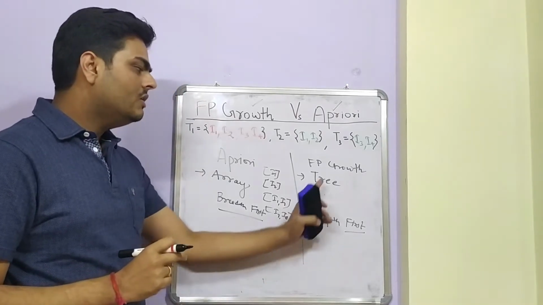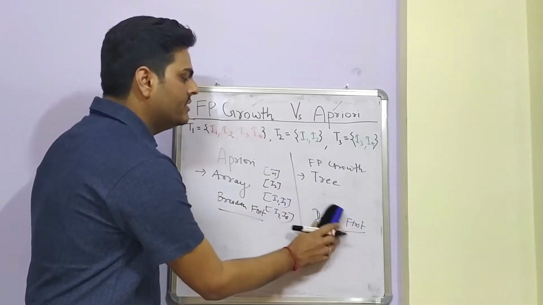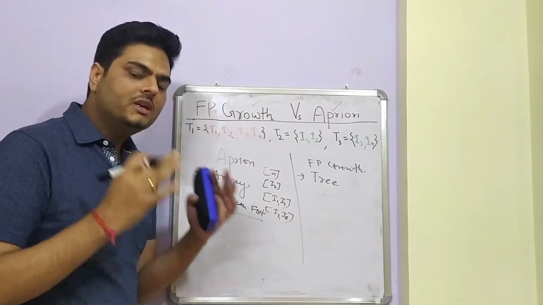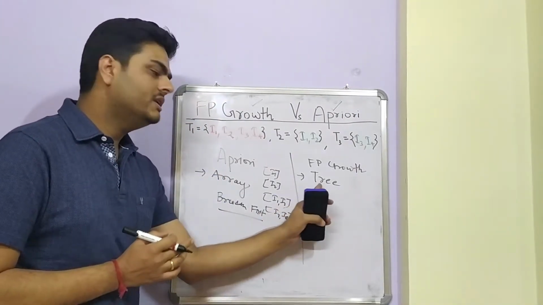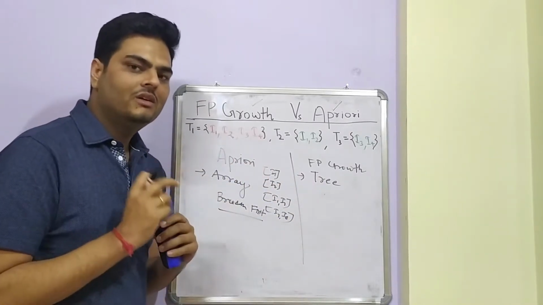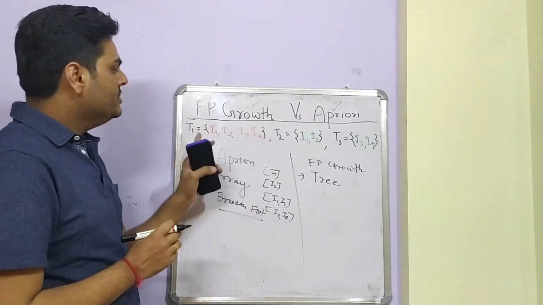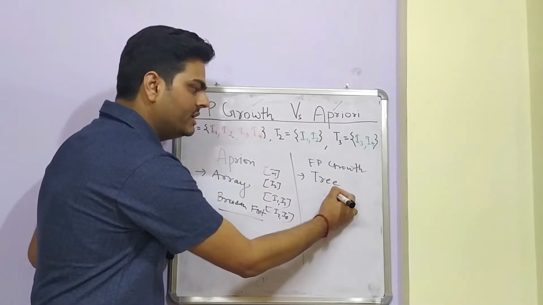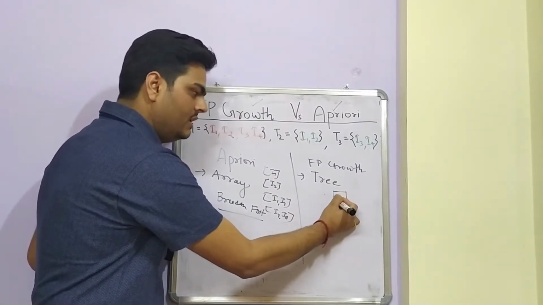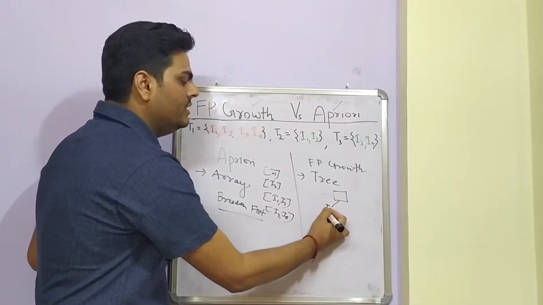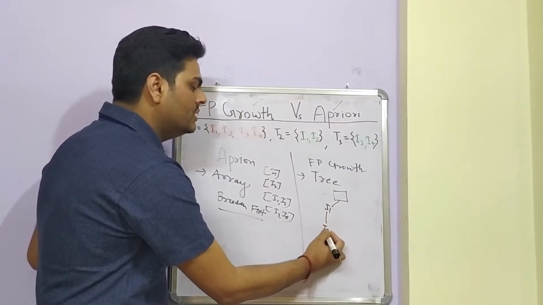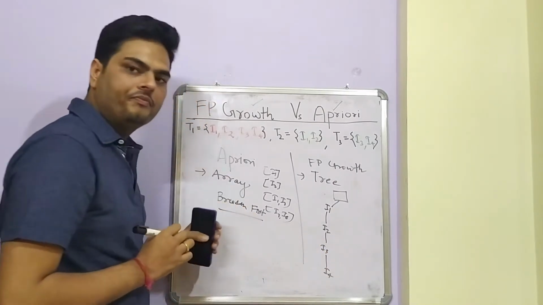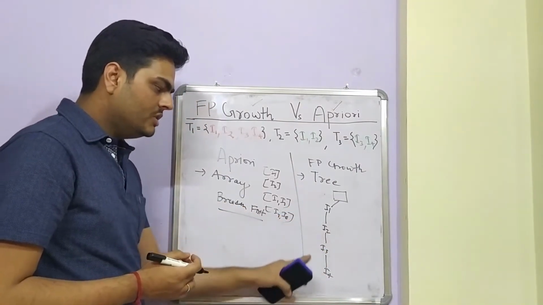Now, how the FP growth tree is created is, it will just go and take the original transactions. It will not create the candidate keys. The meaning of that is, here you can see I1, I2, I3, I4. So one tree will be created where the root node is null, the next node is I1, I1 points to I2, I2 points to I3, I3 points to I4. This is transaction 1.